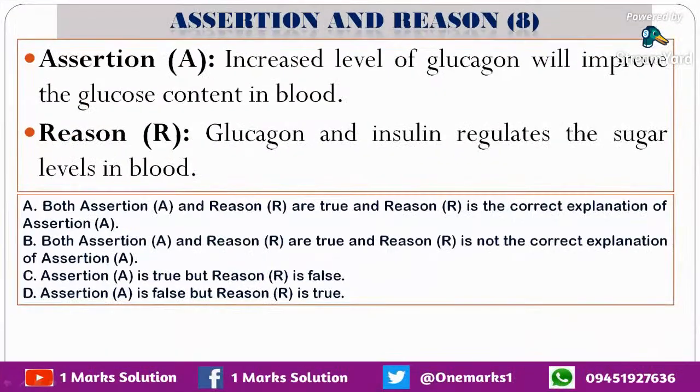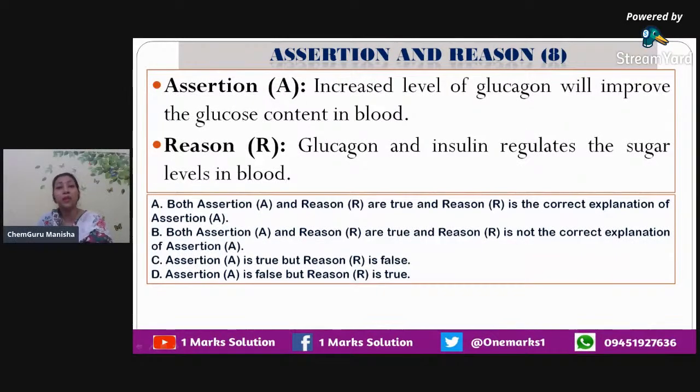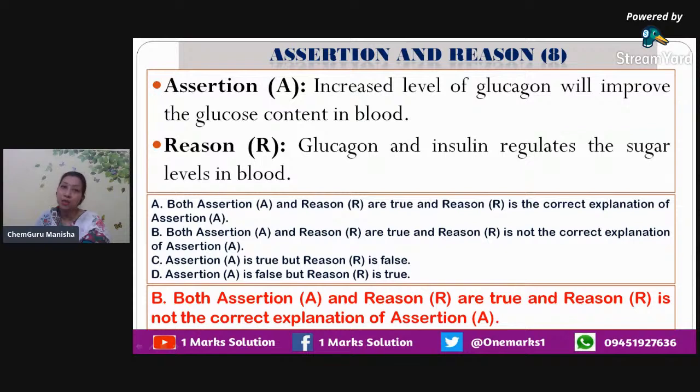Eighth statement is increased level of glucagon will improve the glucose content in blood. This is absolutely true because ग्लूकोज कंटेंट आपकी बॉडी में जब बढ़ता है तो ग्लूकोगन की जो अमाउंट होता है, that also increases. Now that is why diabetic patients have to take care of their glucagon and insulin level. Reason says glucagon and insulin regulates the sugar levels in blood. This is true. So assertion is also true, reason is also true, but reason is not explaining the assertion well